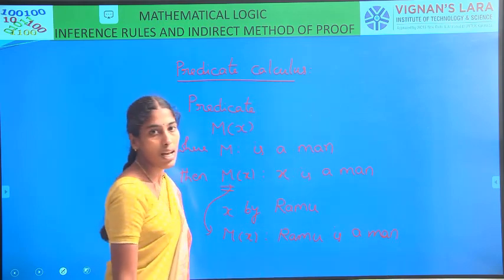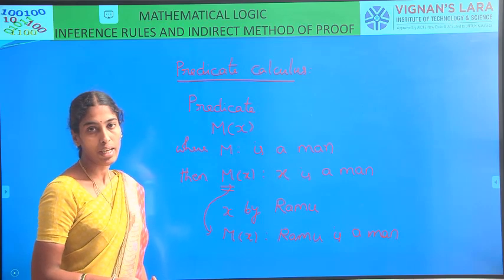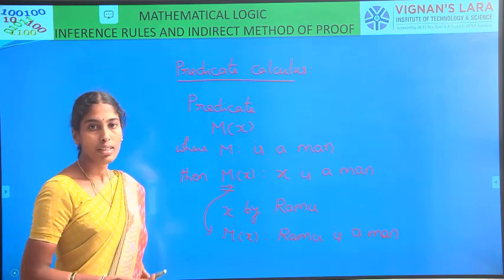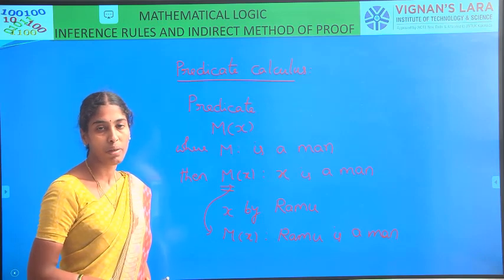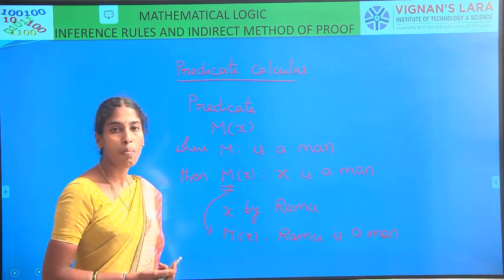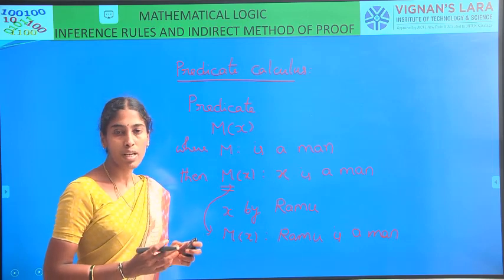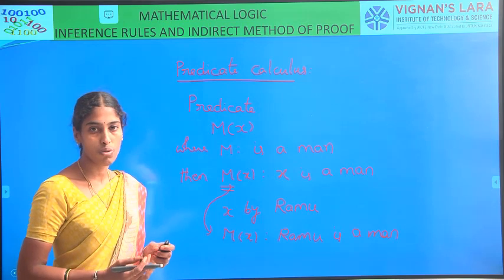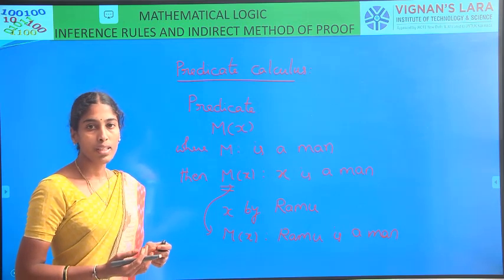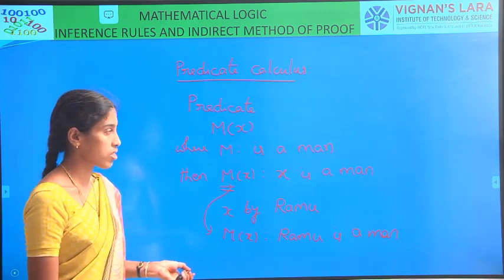In the previous class, we discussed what is meant by a predicate and how we can represent the predicate in terms of symbols. Then we saw what is meant by a statement function, and next the compound statement function. How can we get compound statement functions? If we join simple statements by using the logical connectives and, or, exclusive or, negation, conditional and biconditional, we will get the compound statement functions, right?